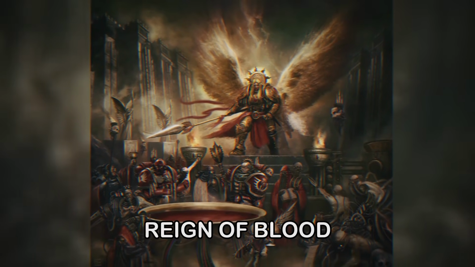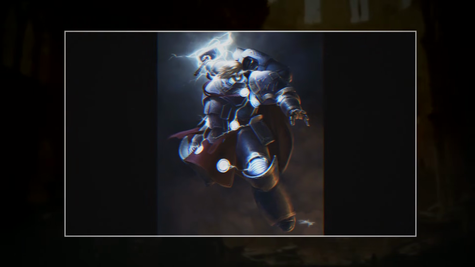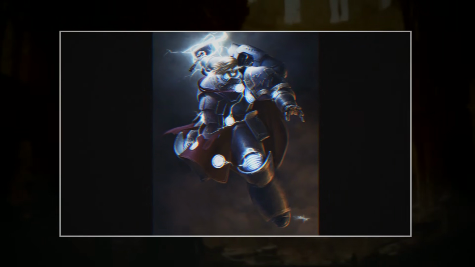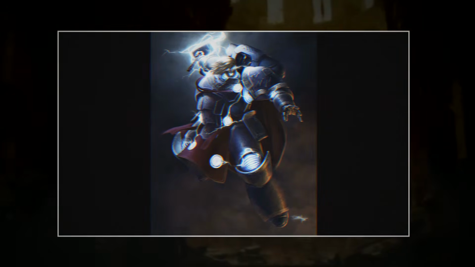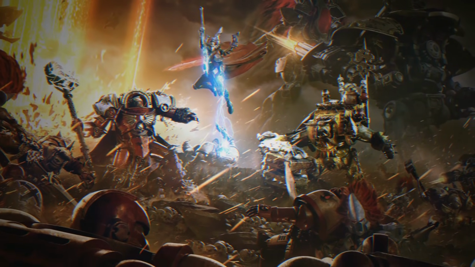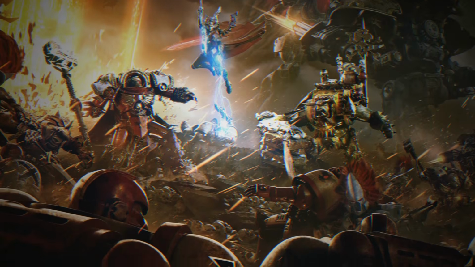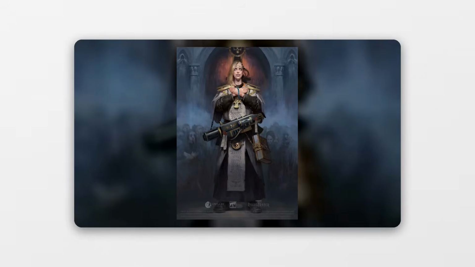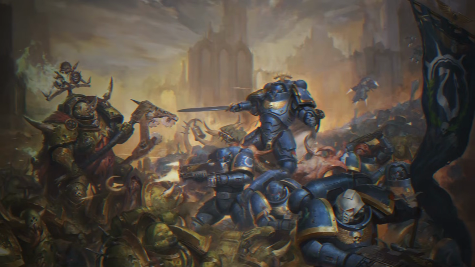Thor's followers, though poorly equipped and largely untrained, were driven by an unshakable faith in the Emperor and a burning hatred for Vandire's regime. The conflict was brutal and protracted, with both sides committing unspeakable atrocities. Worlds were engulfed in civil war, and the Imperium's already strained resources were further depleted. The Adeptus Ministorum itself was fractured, with many priests openly defying Vandire and joining Thor's cause. The conflict raged for years, threatening to tear the Imperium apart completely.